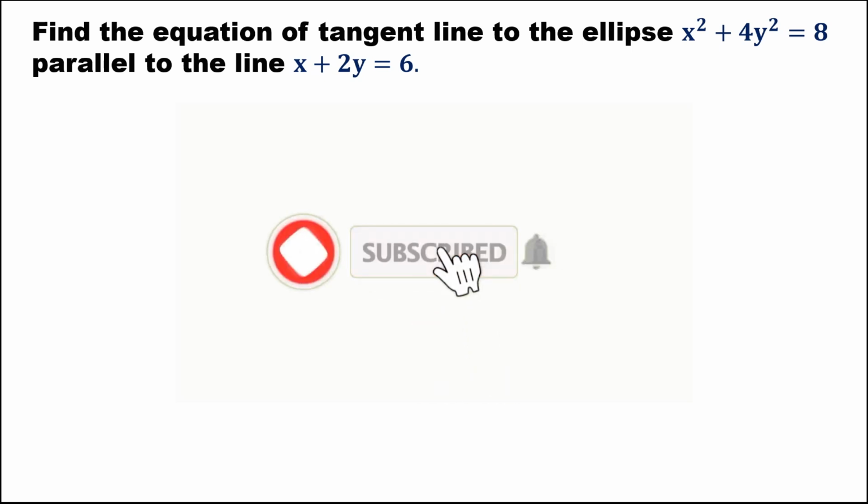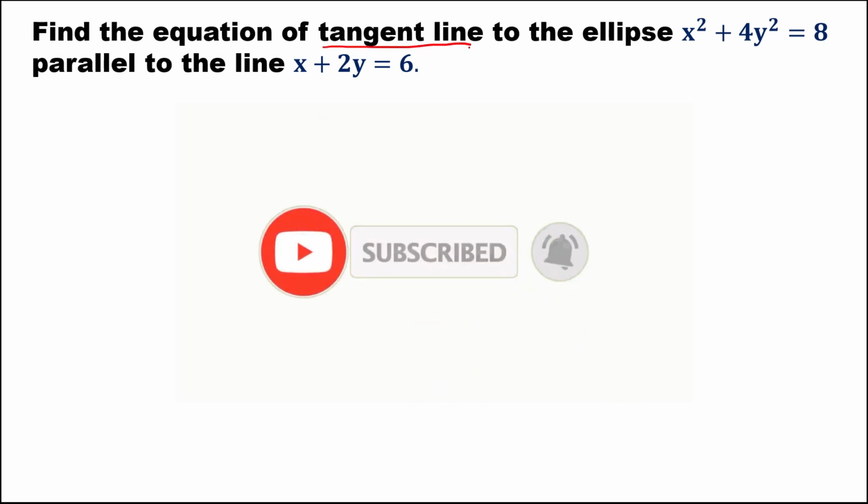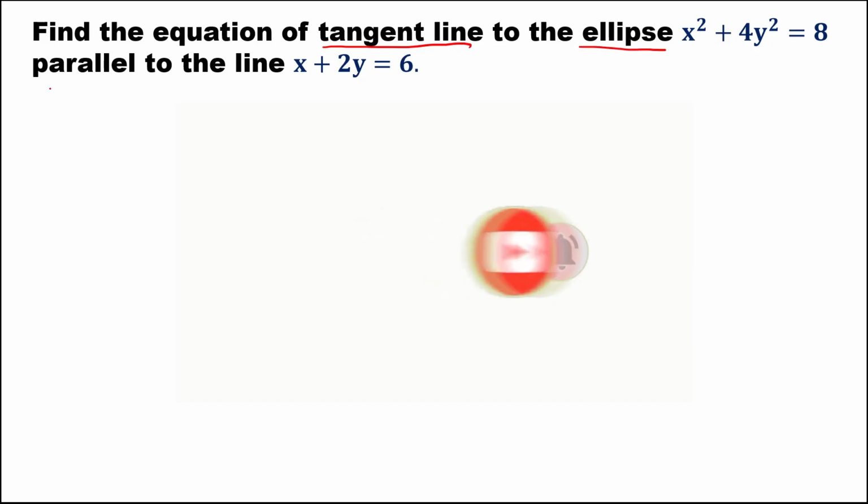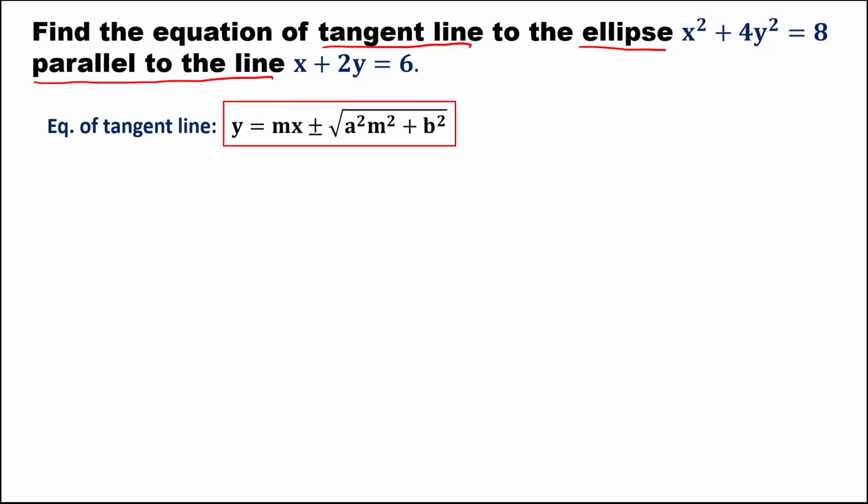So for this problem, we need to find the equation of a tangent line to the ellipse that is parallel to this line. So this is the formula to find the equation of a tangent line to this ellipse. First, we need to rewrite this equation of an ellipse in standard form. So this is the standard form: x squared over a squared plus y squared over b squared equals